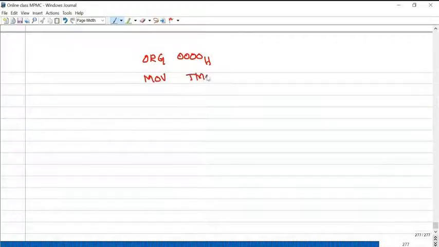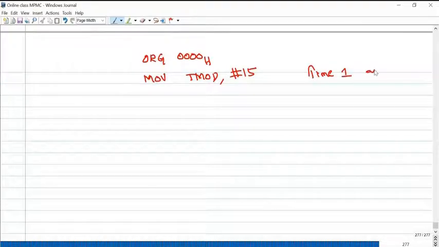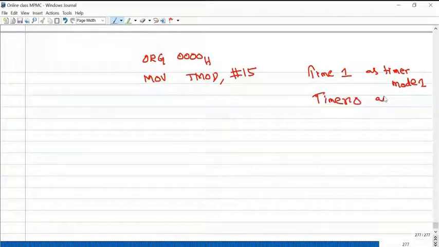MOV TMOD, #15H, which indicates timer 1 as timer mode 1 and timer 0 as counter. Yeah.